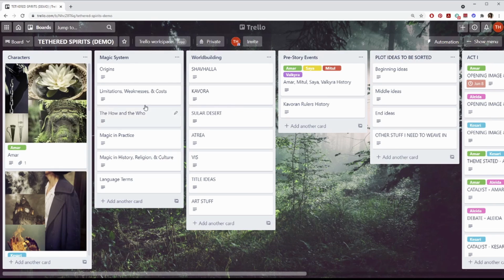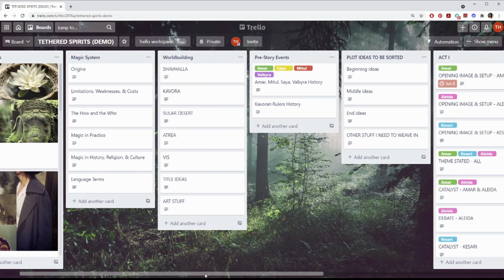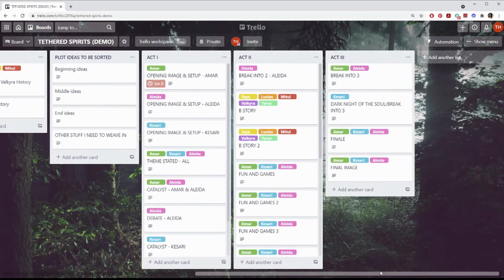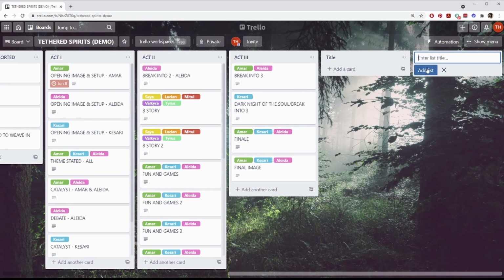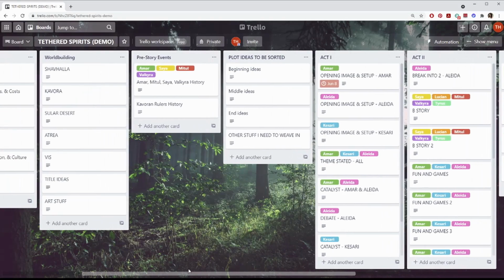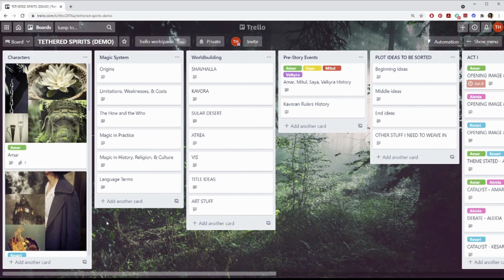So each of these big columns here are different lists that you can create. If you go all the way over to the right, it'll always be on the right side, but you can add another list right here. If you want to, you can just enter the title and then add the list, and we can see that it's right here. The way that I like to use the lists are just for different sections or categories